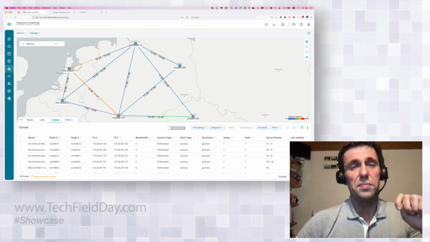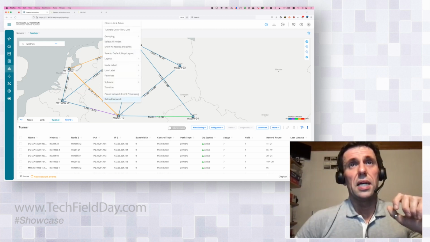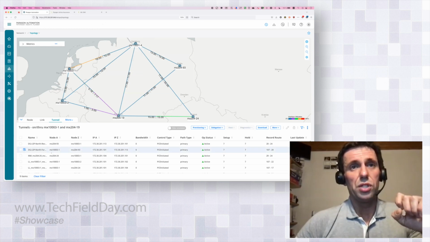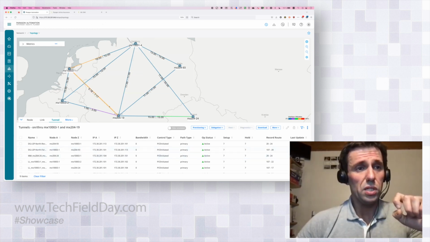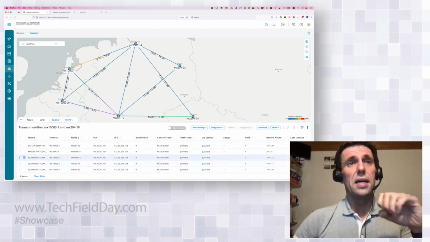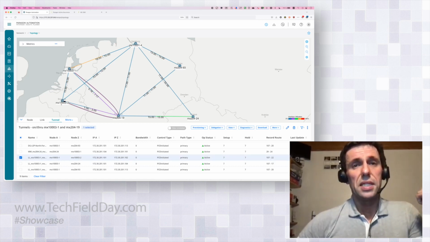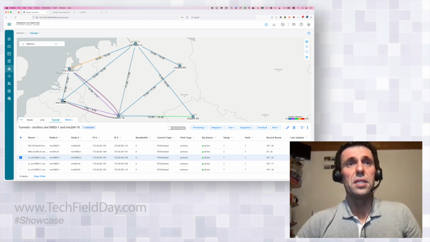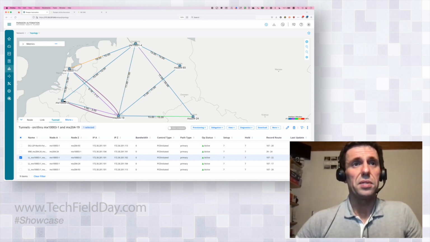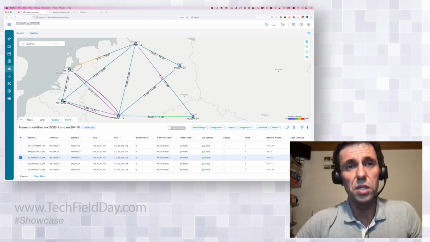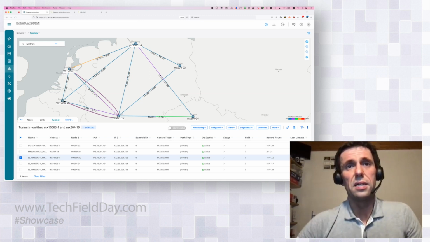latency look much worse. But before I impair it, I would like to review a few tunnels, a few LSPs, which are crossing this link. For example, one of them, starting with the name LL for low latency, I have selected it now, and it goes from Amsterdam to Brussels, but it is crossing a node in Frankfurt, just because the direct link Amsterdam to Brussels has a higher latency of 15 milliseconds compared to total latency of just a little beyond 3 milliseconds going